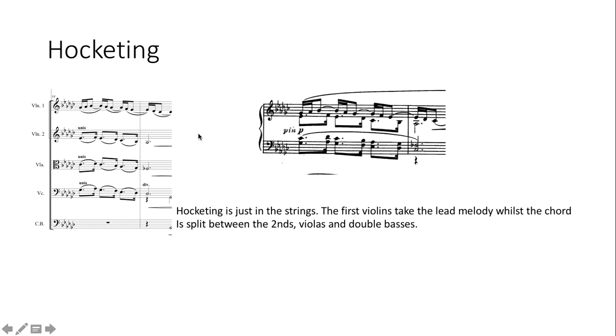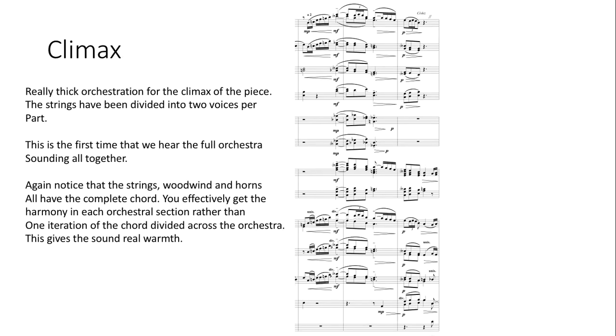It's spelt out quite nicely, and that's partly to do with the way Debussy has written this. You can see that he's written it as though it's in four voices, and so for this passage, the orchestration is almost done for you. You can just split those voices amongst, in this case, the strings, but you might choose to do that in the woodwinds. You might choose to do it in the brass, say. So that's basically how the Hocketing has been treated, and that's how it's treated in a really typical orchestral arrangement. So just moving on now to the climax of the piece in this arrangement,